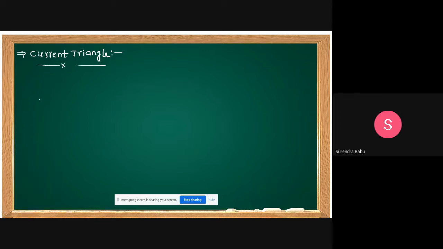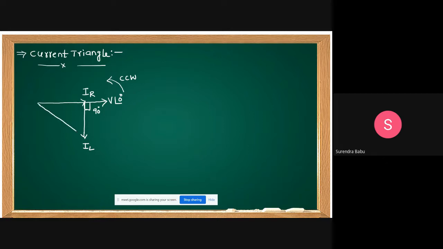Voltage, because in a parallel branch, voltage is equal. Let this be the reference. This is V at an angle of 0 degrees. Then IR is in phase. But what about IL? IL is lagging. Vector rotation is anti-clockwise, counterclockwise. Then IL is lagging by an angle of how much? 90 degrees. Then this is the resultant.